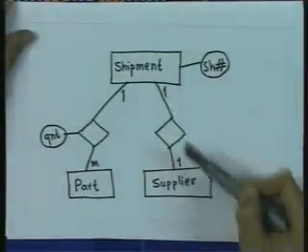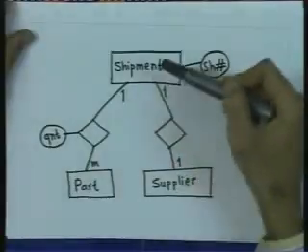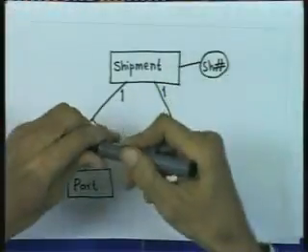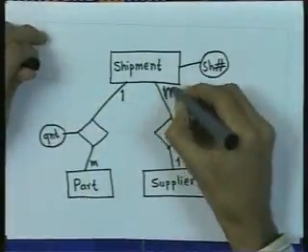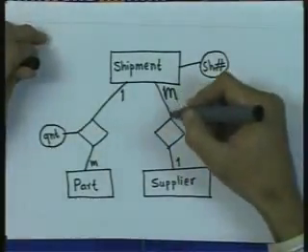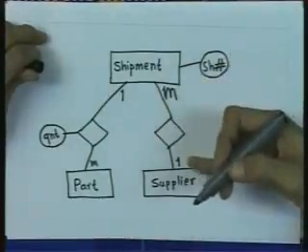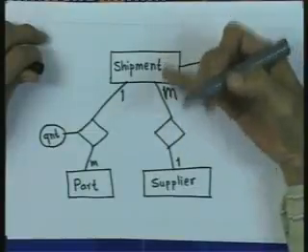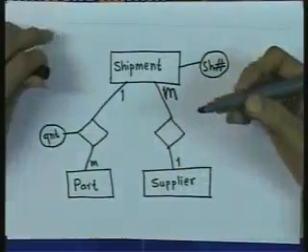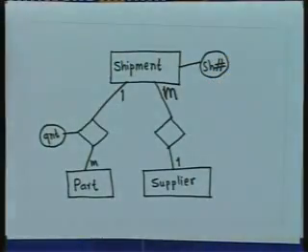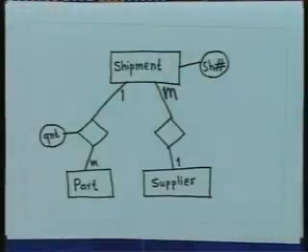In fact, it is not. Supplier can have multiple shipments. So, ideally I should make it a relationship of type many on the side of shipment. So, supplier to shipment is of 1 to many type, but from shipment to supplier it is many to 1. So, we can correct this situation, and now our model is quite precise and it allows us to handle multiple shipments irrespective of what they contain and who they come from.